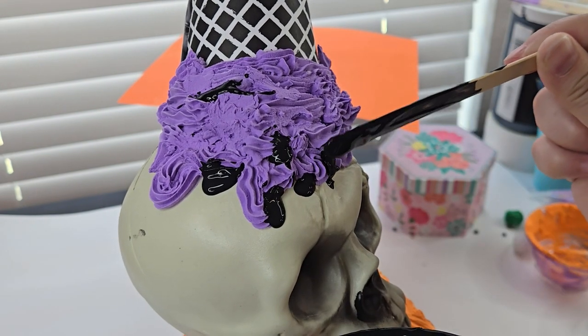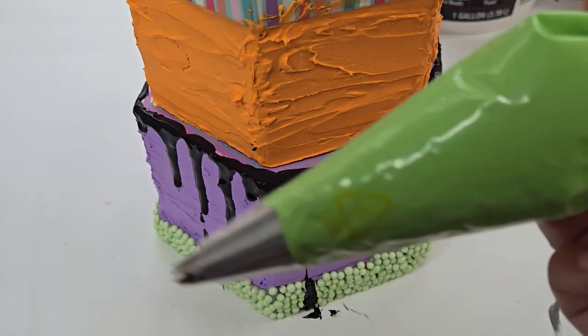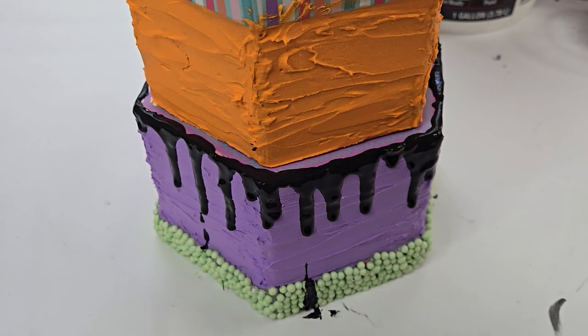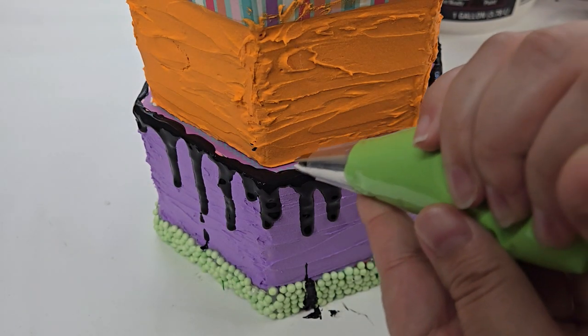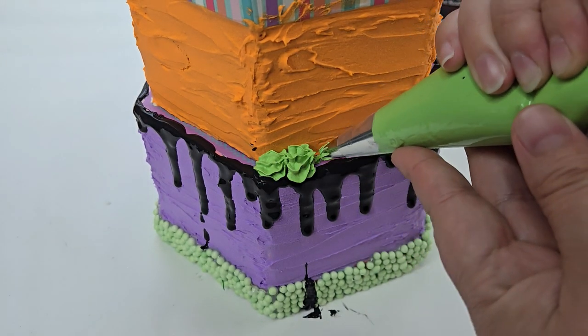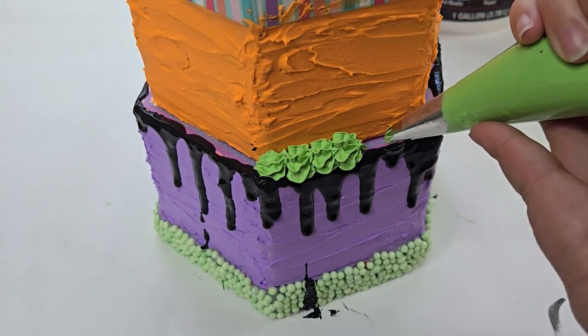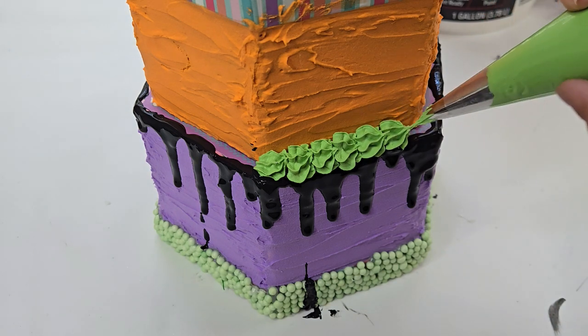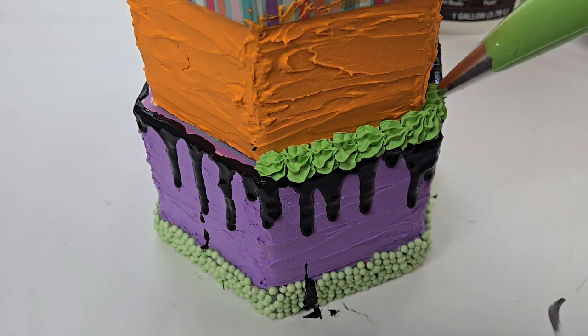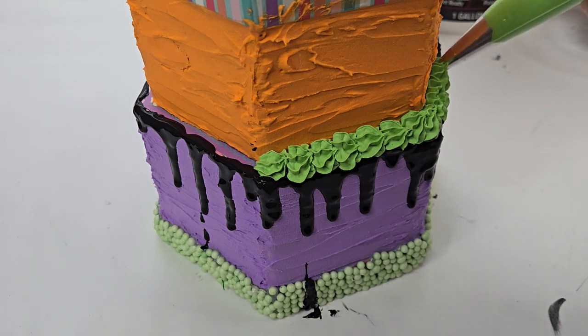Since I was done with my fudge, I did mix up another batch of spackling, this time in this vibrant green color to match the beads that are on the bottom, and I added it to a piping bag with a piping tip so I can add more frosting to my cake. Now I didn't wait for my fudge to completely dry, however it did not matter, it didn't mess up anything,